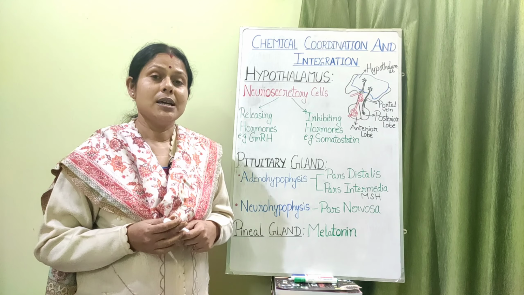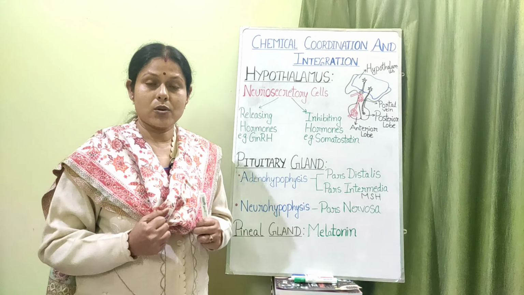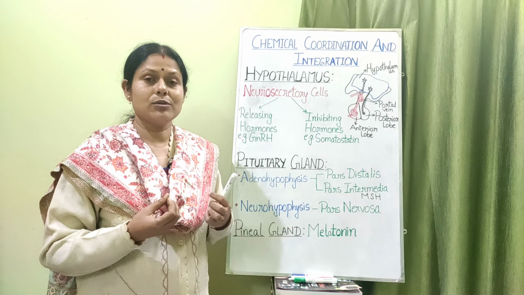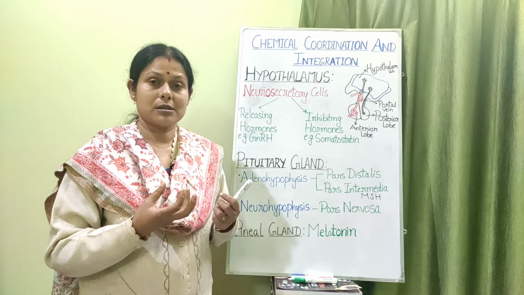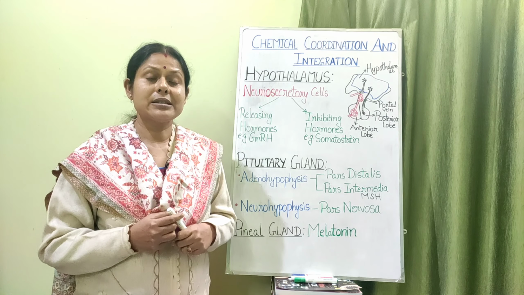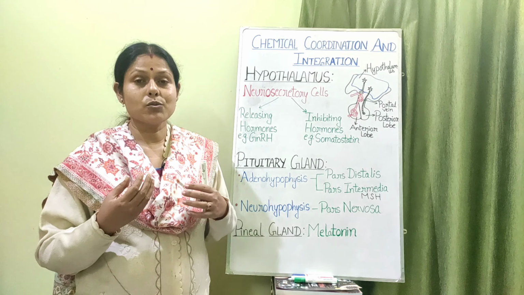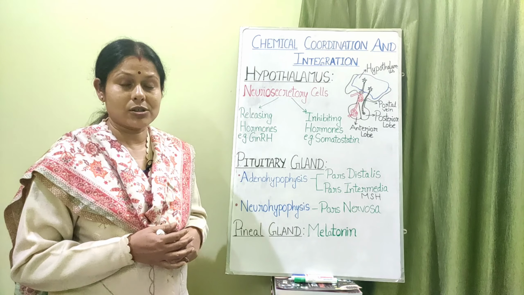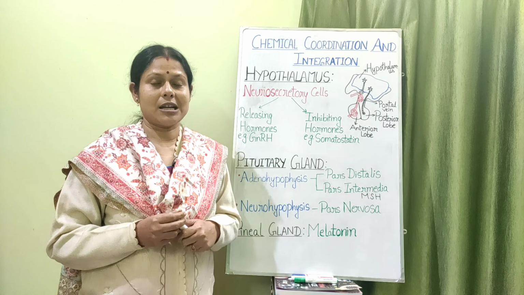Now oxytocin is the hormone associated with milk ejection. Once the milk is formed after childbirth, the milk has to be ejected and given to the baby. So the sucking of the milk ejecting glands by the baby will result in the production of more oxytocin, which will result in more ejection of the milk. So that is how it is associated with milk ejection, and it also helps in the contraction of the uterine muscles during childbirth.